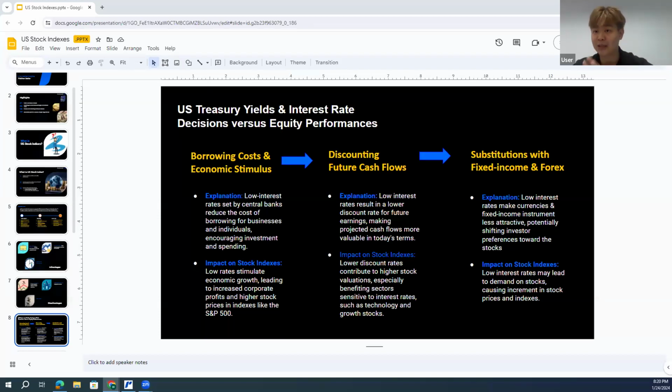So when the interest rates are very low, it means that the borrowing costs are very low. A lot of people will likely borrow money from the bank and then use that money to expand their business, to do all the R&D, to innovate very good products. So when low interest rates happen, it means higher borrowing. This kind of borrowing is going to make the business better and lead to a lot of expansion. So this will likely benefit the US stock index, because when every company finds it easy to borrow money from